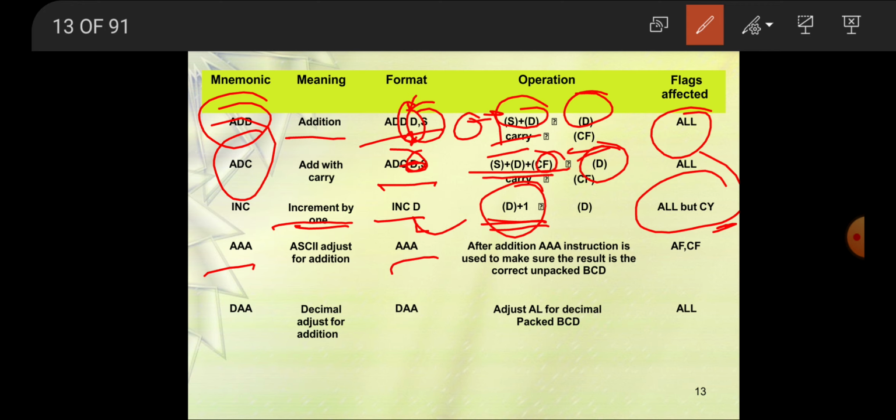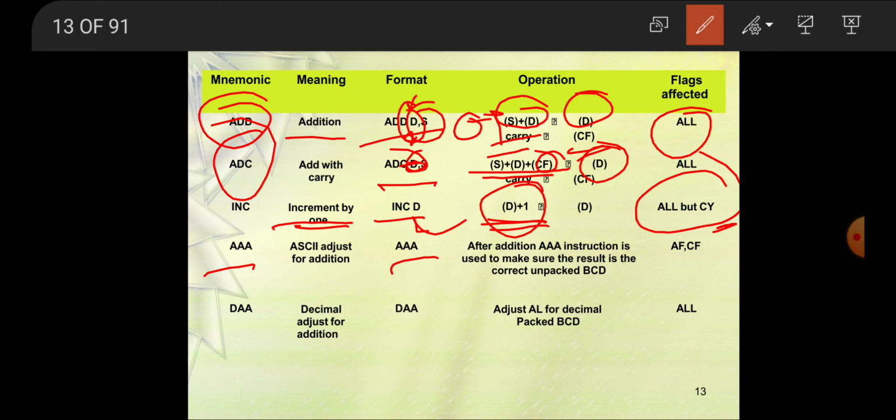So 5 plus 2 is equal to 7 and is stored into AX. When you read AX, it will give 7. Similarly ADC: again suppose AX is equal to 5 and 2, so 7, no carry generated. If a carry is generated, it again gets added into this AX, and AX stores the result.